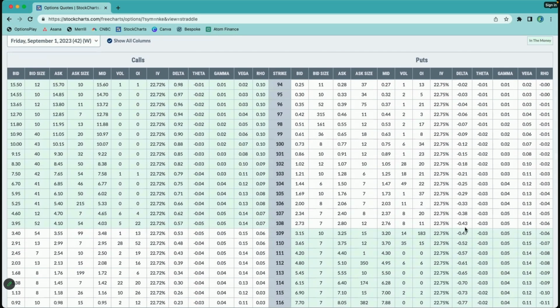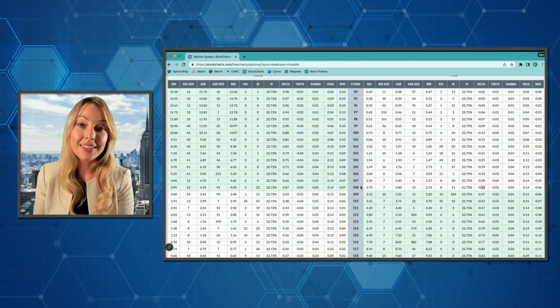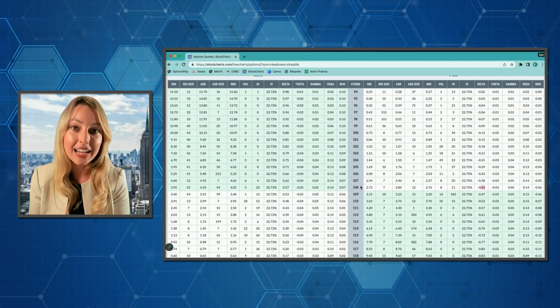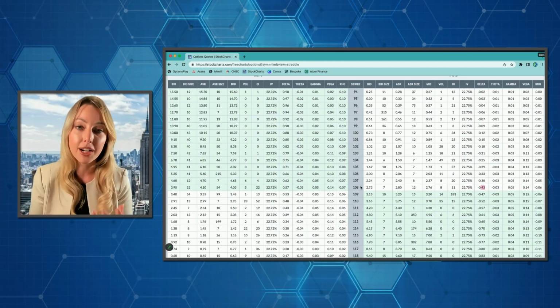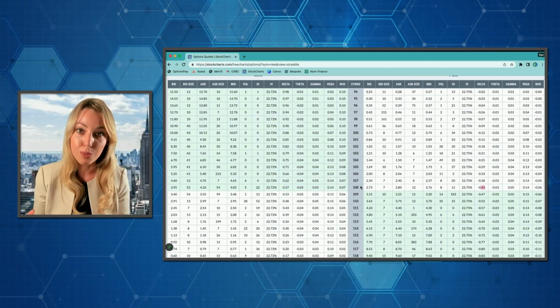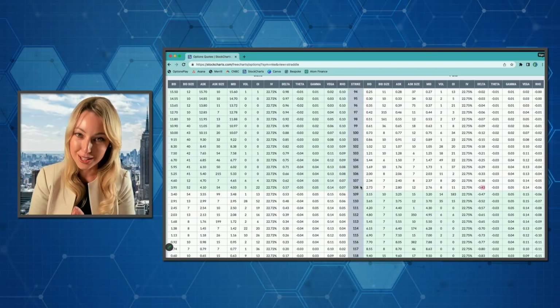And when I'm pulling delta again, I want to look at something close to 0.5 and around this area. So the 0.38, the 0.43, that would be a good option for me to consider, because remember, the goal is to buy the stock. Now, if you watched Tony's presentation where he talked about covered calls, another mechanism that is actually utilized once we own the security, we would see a different delta being chosen. That's because we already own the stock and we're caring for capital appreciation. We don't own the stock right now, so we're prioritizing yield. So I want to make sure that we marry those presentations together, because that is essential to this process.